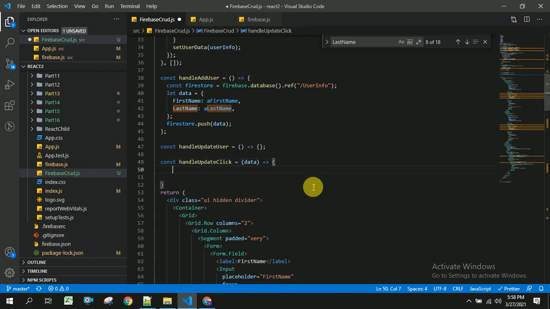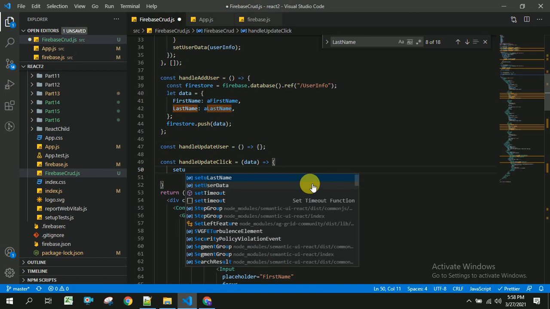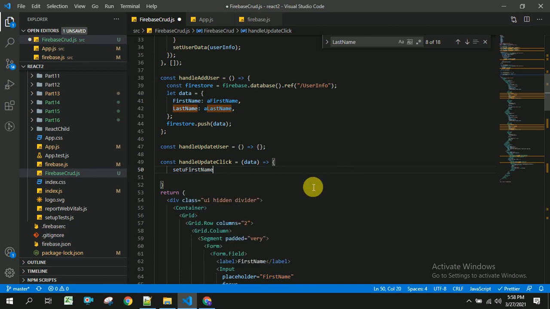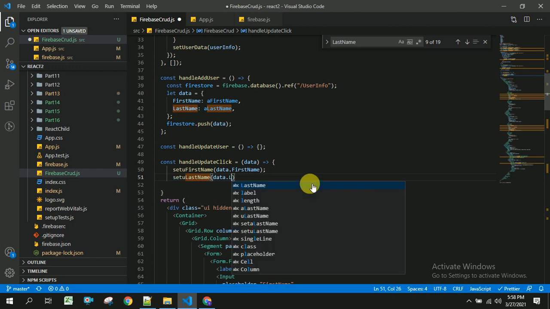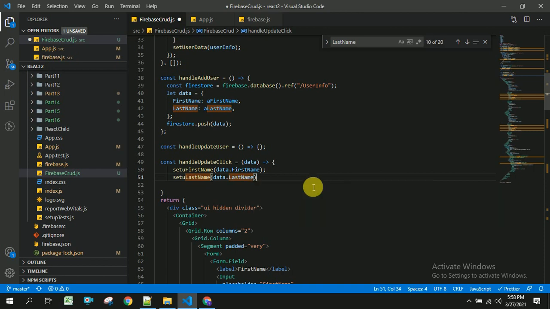Now I will update this last name and first name with the data dot first name, and set u last name with data dot last name, and I will update ID as well.